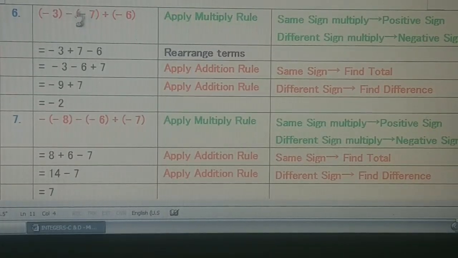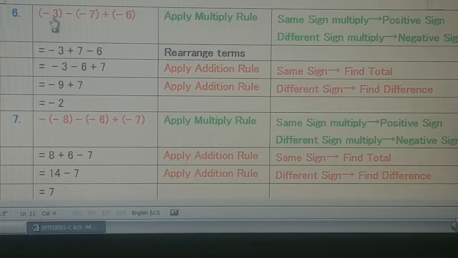So minus multiply by minus, or minus into minus, that is plus. Or we can also remember, same sign multiplication, positive answer. Same way, plus bracket minus. So between plus and minus there is a bracket sign, that is the multiply rule. So plus into minus, that is different sign. Different sign multiplication, our answer will be negative. So here we have to write a minus sign.